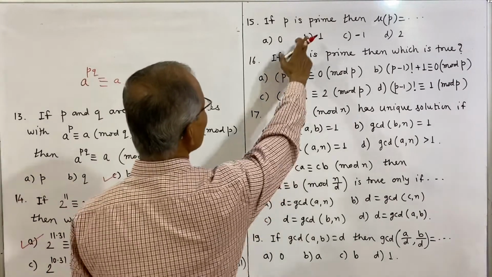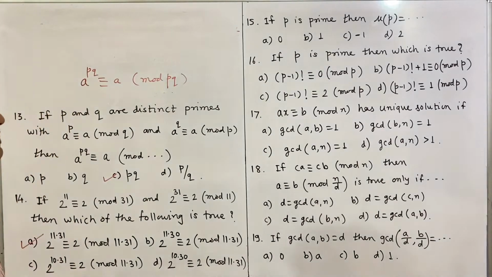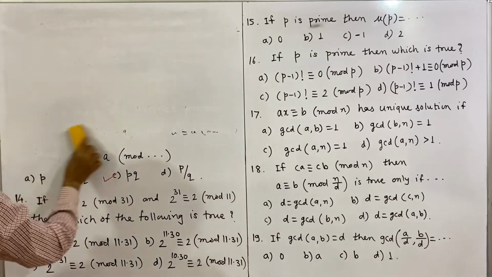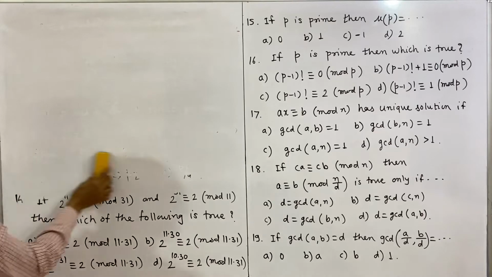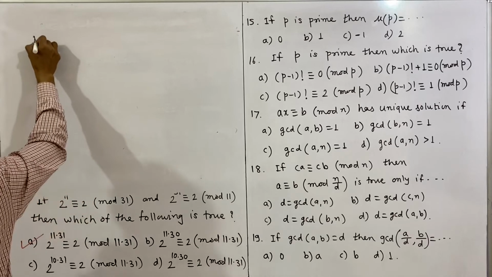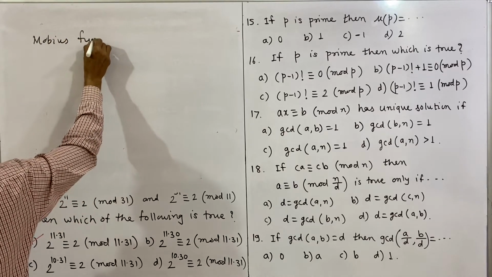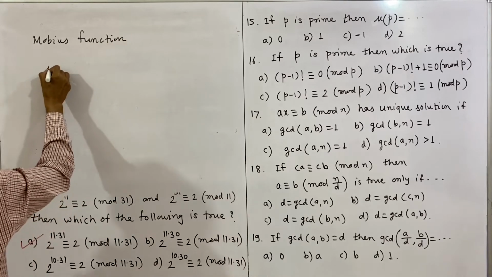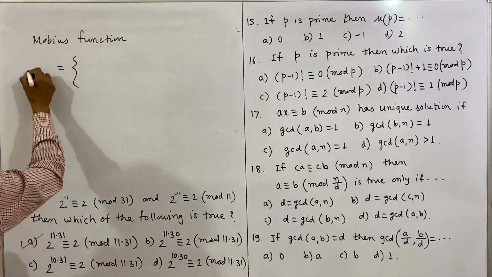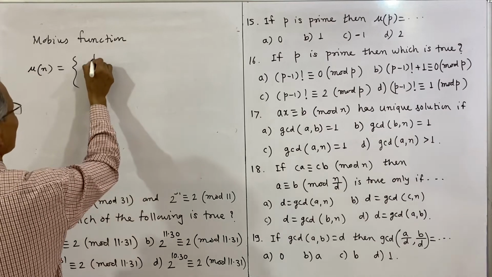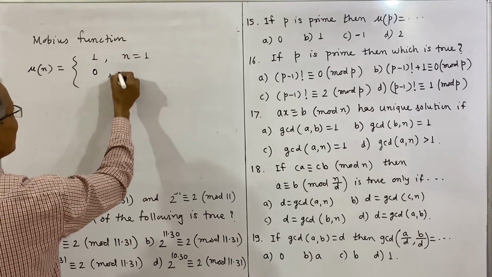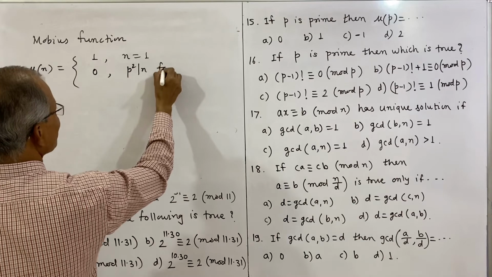Next is, if p is prime, then mu of p is equal to which number? Mu is the Mobius function. Number theoretic functions, earlier we have seen tau, sigma and phi function. Similarly, there is a Mobius function mu, and that is defined like this. Mu of n, where n is a positive integer, is 1 if n is equal to 1, and mu of n is 0 if p square divides n for some prime p,